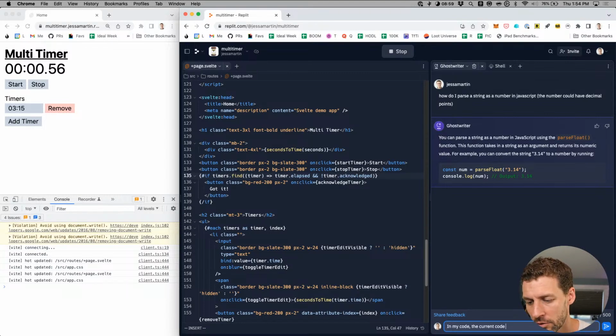That's not too bad. I was just thinking about what this would actually be required to do, but let's see if Ghostwriter can figure it out. The current code stops the timer. I would like to turn stop into pause, and when the timer is paused, start should change to resume. Show me that change.